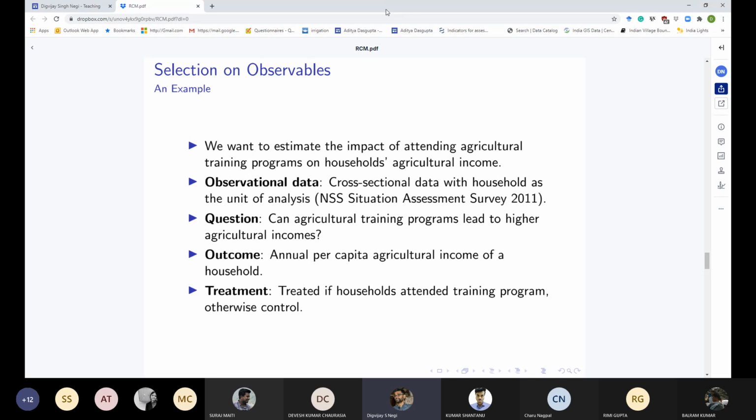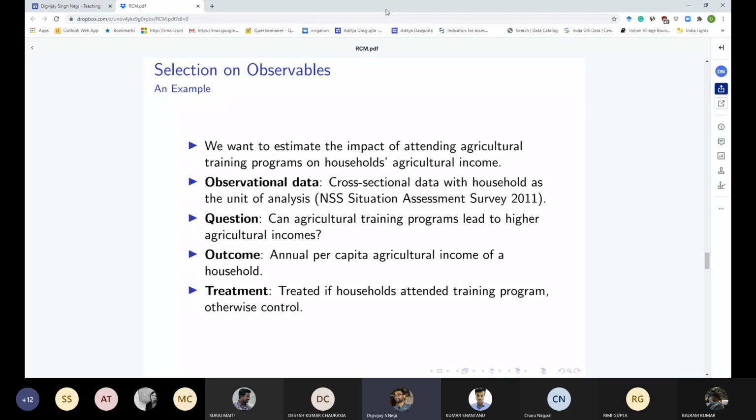So this data that we have also collects information on whether these farm households attended any training programs or not. So our question is very simple. Does attending these training programs organized by these extension agents and by the Indian Council of Agricultural Research or any person, it can also be a private NGO or cooperatives who work with farmers, does these kind of training programs actually help farmers in terms of increasing their per capita agricultural income, right? So per person agricultural income, does that influence that at all?